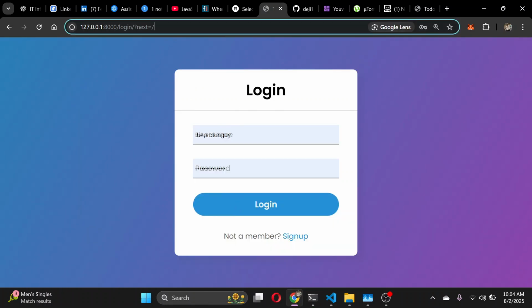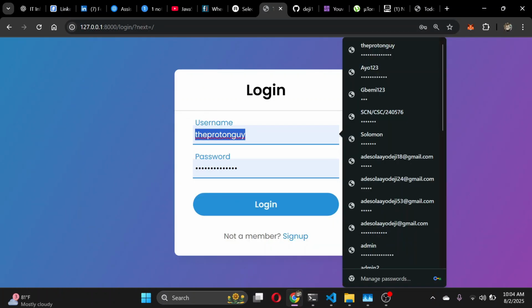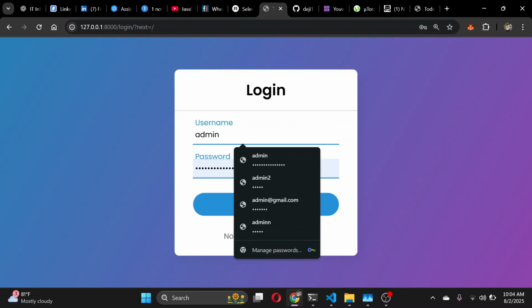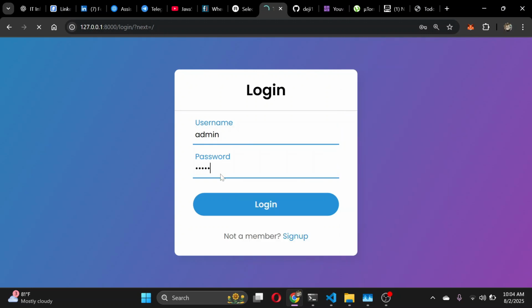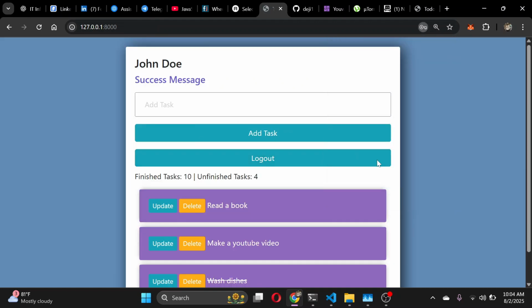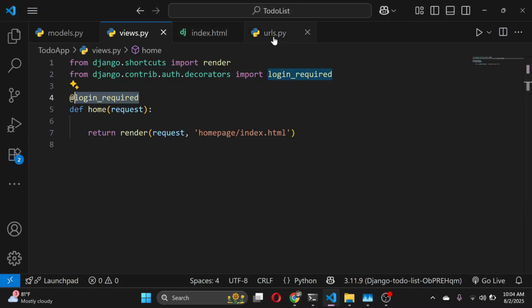And once I refresh, you see we're being taken to the login page. So I will just proceed to login right now. And once I press enter, you are going to see that we get taken to the home page, which is right here. Now, let us head to our URLs and just make sure that